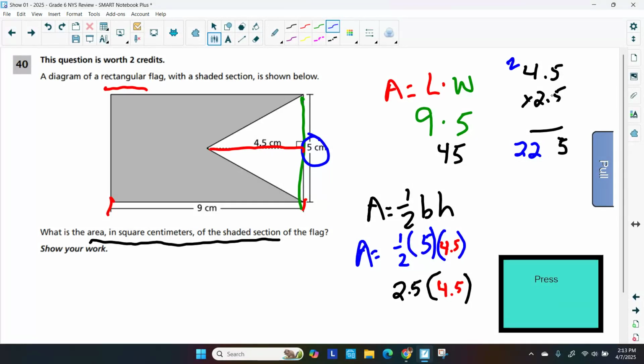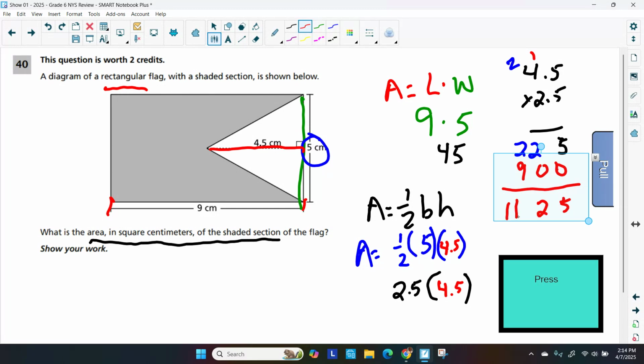And I'm just acting like the decimal is not there, so I'm ignoring it. Put down a 0. 2 times 5 is 10. Carry the 1. 2 times 4 is 8, plus 1 is 9. So that's 5